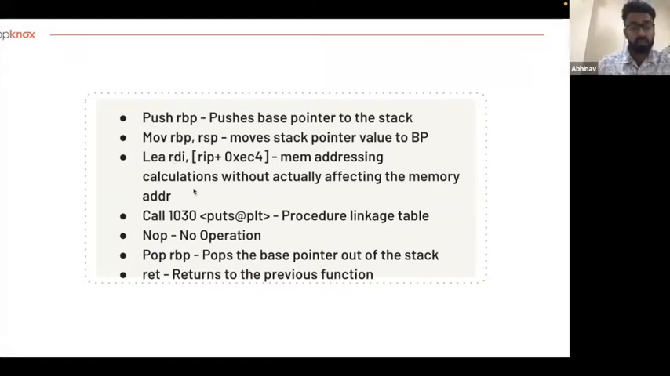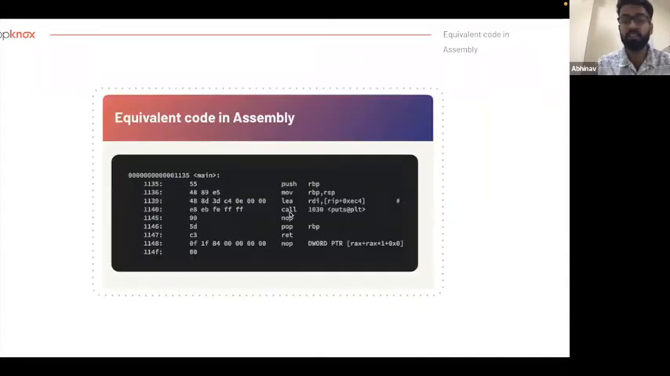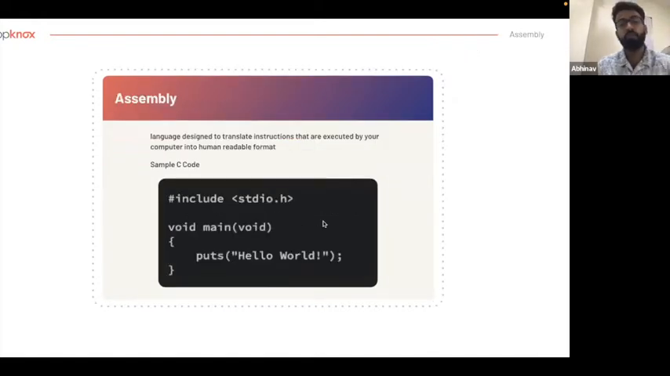Now we have a very interesting instruction, the next one. If you look at the next instruction here, it says call 1030 and it has a puts at PLT. Now we have used puts in our code here, but we have not defined it anywhere, right? So then how does the processor know what to do when it sees puts? It knows what to do because we have included the stdio.h. So puts is defined in that. So it is referencing the definition from stdio, and then it is executing what the puts function is